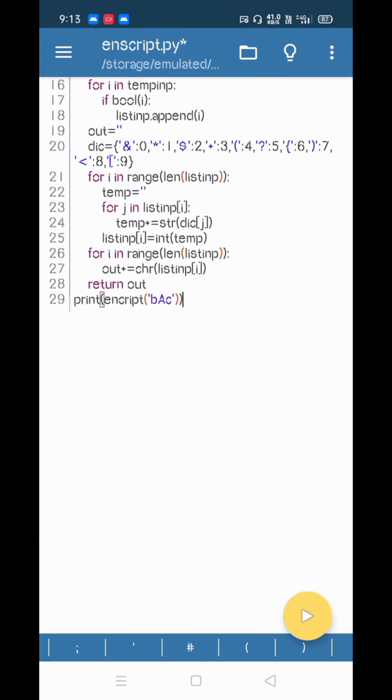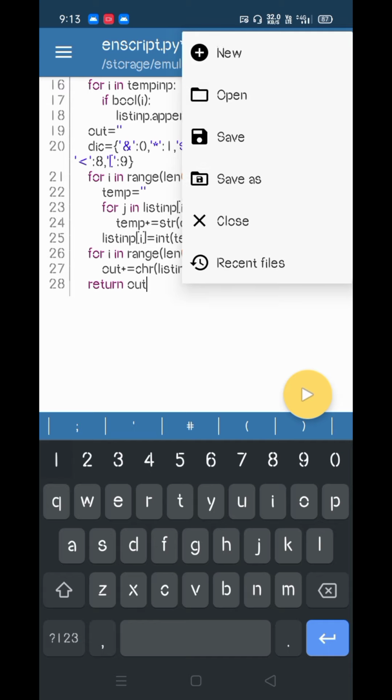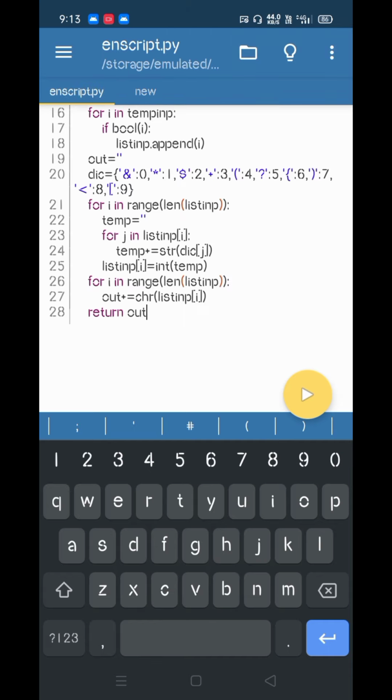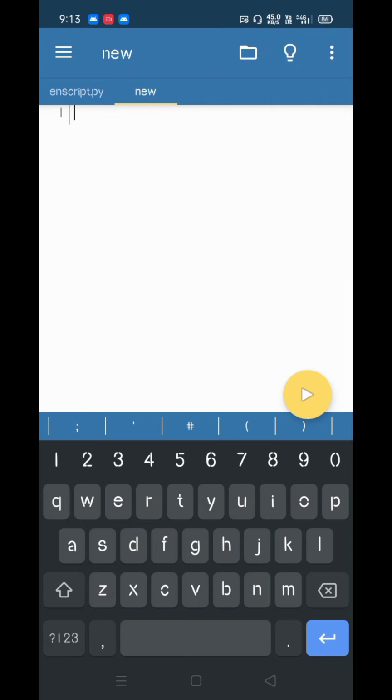Let me explain how I wrote the program. I am taking a new file and writing the whole program here. First we are taking a function called encrypt and taking an element into it to encrypt.